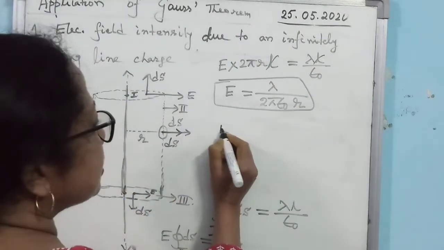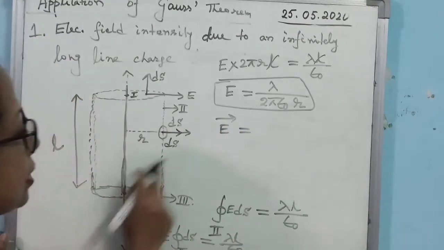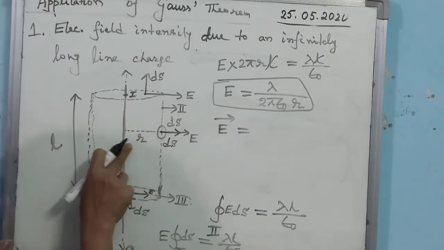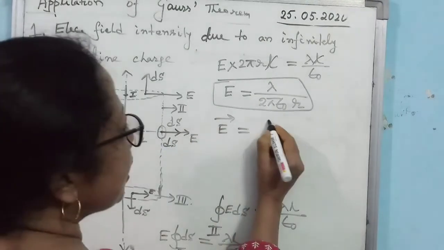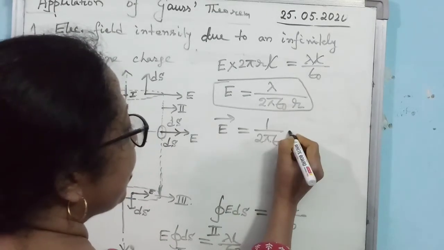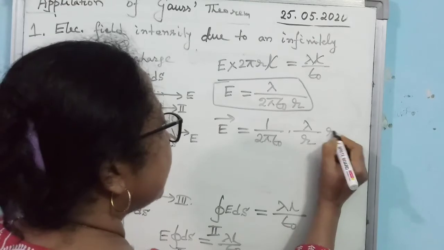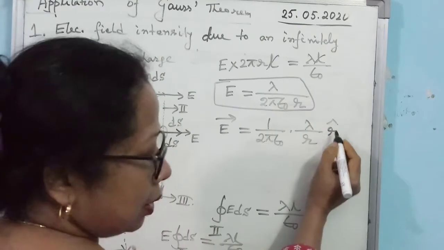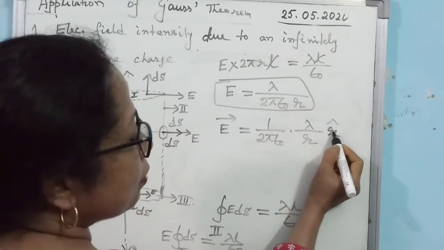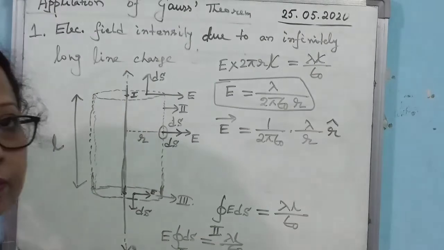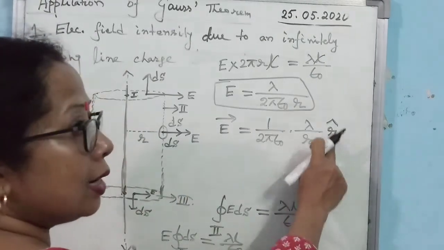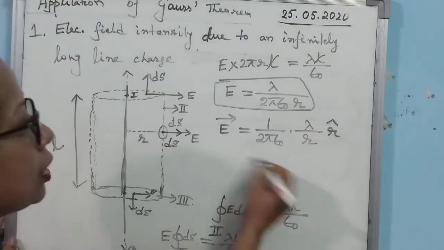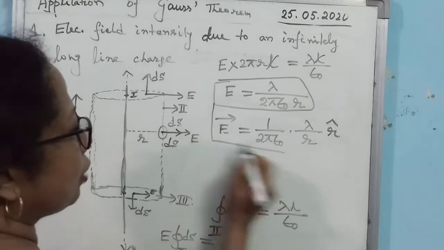Alright. So if you consider the direction of the electric field intensity, look at the diagram, the direction of the electric field intensity is along the direction of the position vector R. So you can write it like this, it is 1 by 2 pi epsilon naught lambda by R, then unit vector R. Remember, don't make the mistake. Here you must write the unit vector R, because if you write unit vector R, then only it will represent the direction as well as it will not change the magnitude of the electric field intensity.